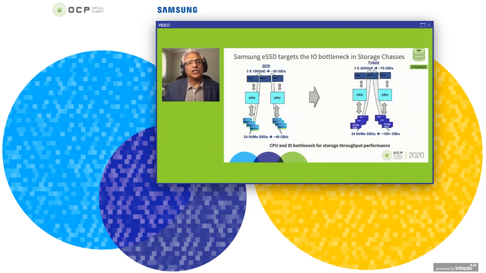Next, let us look at storage disaggregation and Ethernet attached SSDs. In today's situation, the problem of building JBOFs, or just a bunch of flash, is not very difficult, because the SSD is only doing about 3 gigabytes a second, and the Ethernet in front of the SSDs can keep up. As we move forward and SSDs deliver more and more bandwidth, a gap starts to form between what the SSDs can do at 150 gigabytes a second and what the front end can keep up with at 75 gigabytes a second.